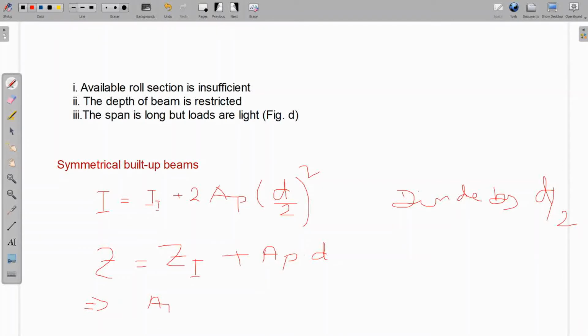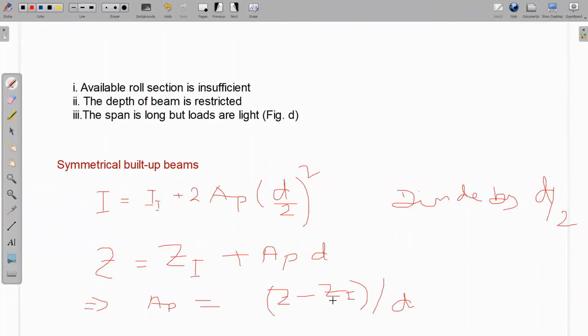The area of the cover plate will be (Z minus Zi) whole thing divided by this, right? So what I can say from this equation is that the required built-up section can be chosen by using